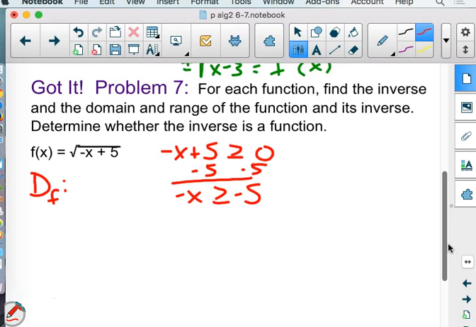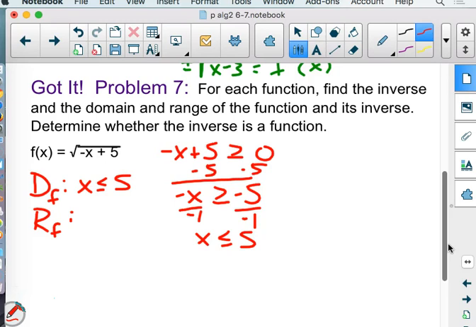Then what? Divide by a negative. Oh, what do you have to do when you divide on an inequality? Good. So this is kind of weird. The x is going to have to be less than or equal to 5. Okay. So if we don't know what this looks like visually, maybe we don't have our graphing calculator with us,